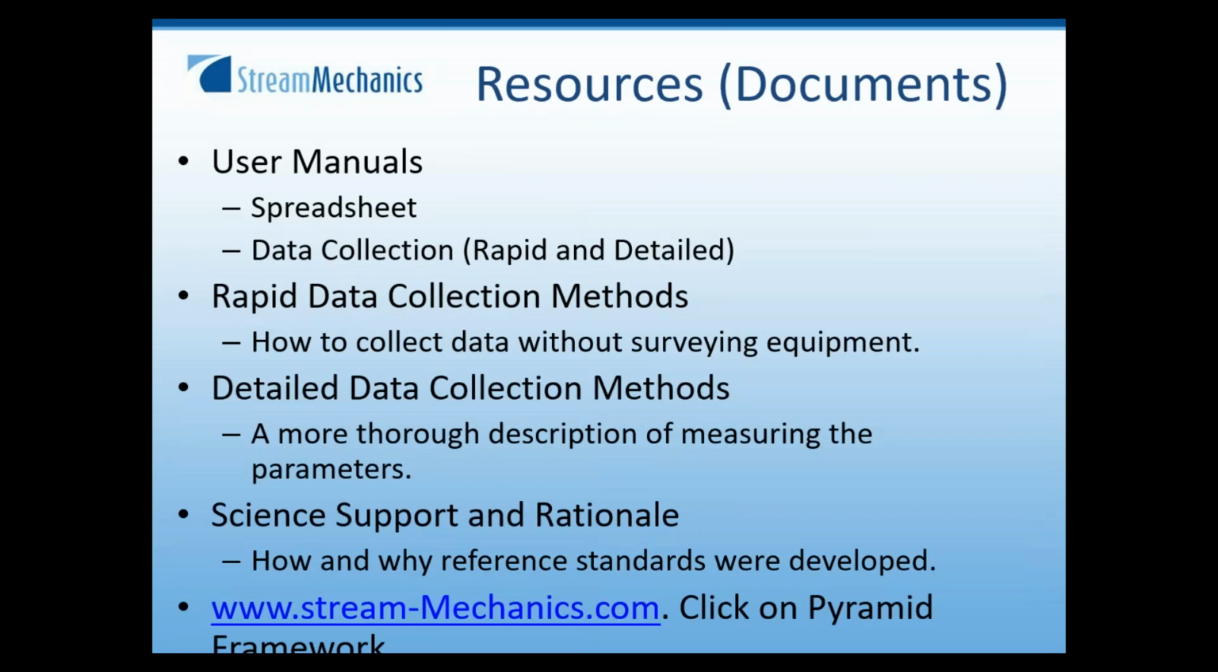So there are a number of resources that are available for folks to use. I'll skip to the bottom first. All of this information is on the Stream Mechanics webpage under the Pyramid Framework tab. But going back to the top here, there are user manuals, the SQT. The user manuals do vary a bit by state, by the states that are using the SQT. They put their own flavor to developing these manuals. But in one way or another, the manuals describe how to use the spreadsheet, the Stream Quantification Tool spreadsheet, and